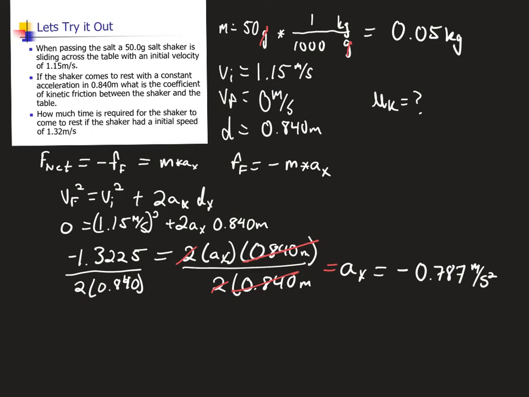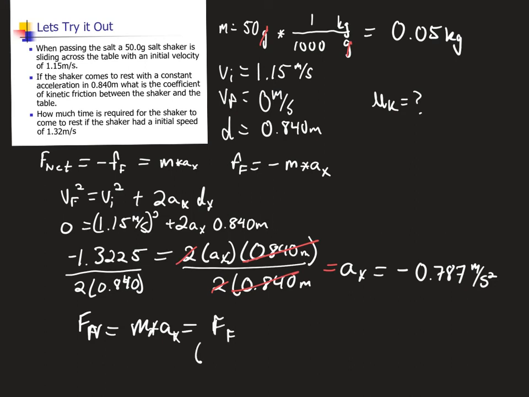This is where we utilize the frictional force and the F net to our advantage here. F net is equal to mass times acceleration, which is then just also equal to the mass, mass in the x, and that would be equal to the frictional force,